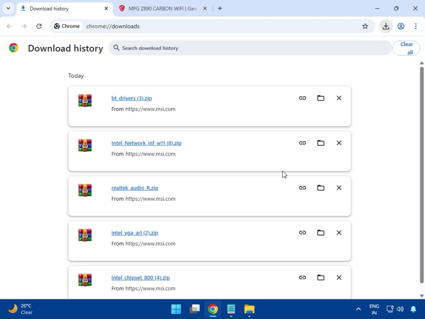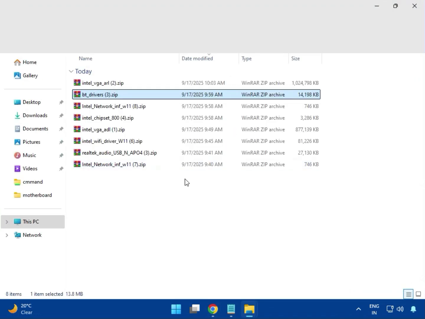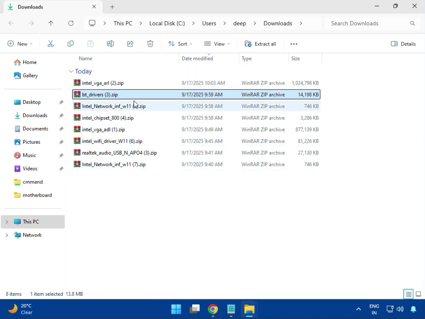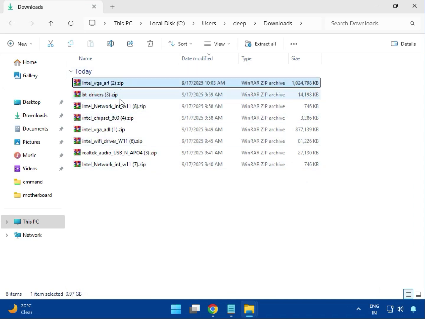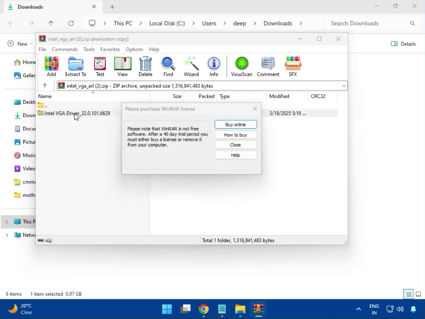Then click on the download folder and go to the location where it is downloading. So these are the locations where they completed. First, one by one, I will show you the installation. So first the VGA driver, just double click to open,